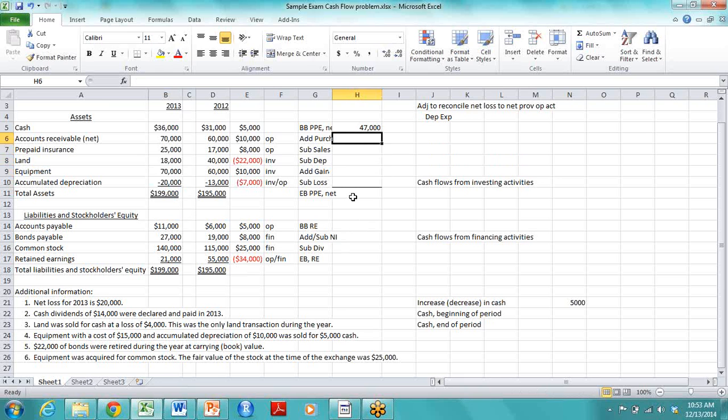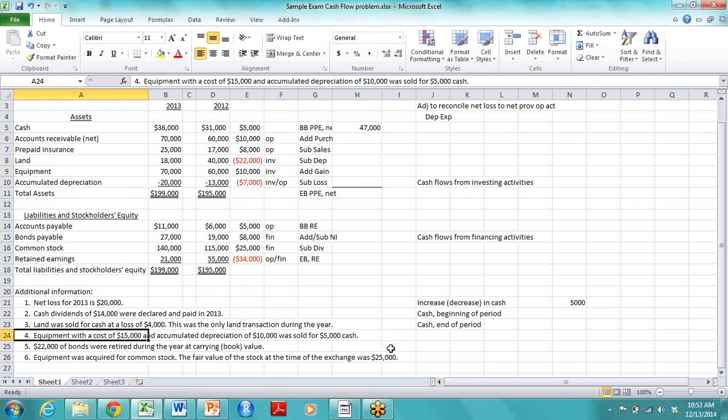Then we need to figure out if we've had purchases, sales, what the depreciation is, and then if there are any gains or losses on the sales that we have. So here, right away, I can tell that our equipment has gone up on a net basis by at least $10,000, and our accumulated depreciation has also increased by $7,000. But let's go back down to this additional information and see if there's anything else that's listed. And number 4 tells us that we